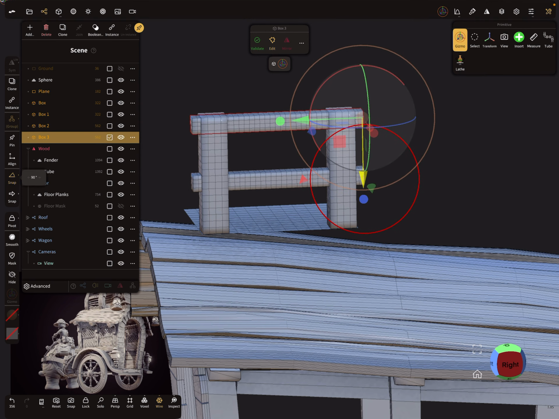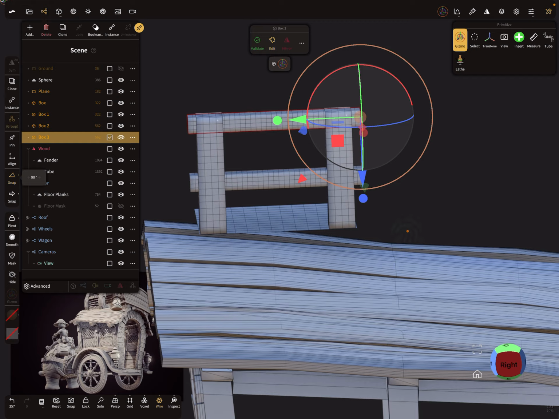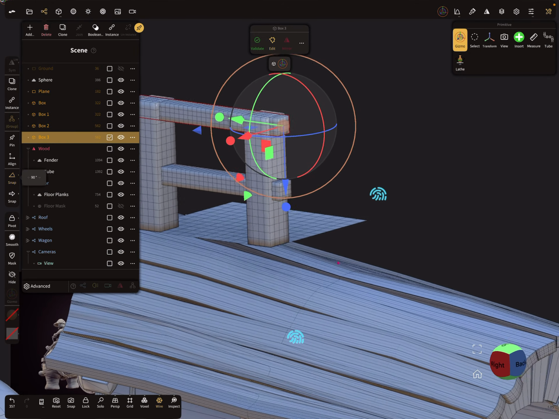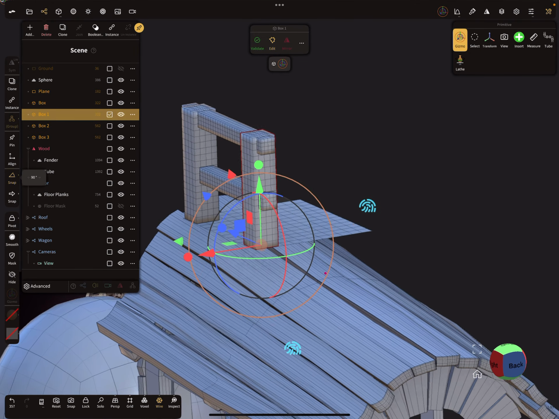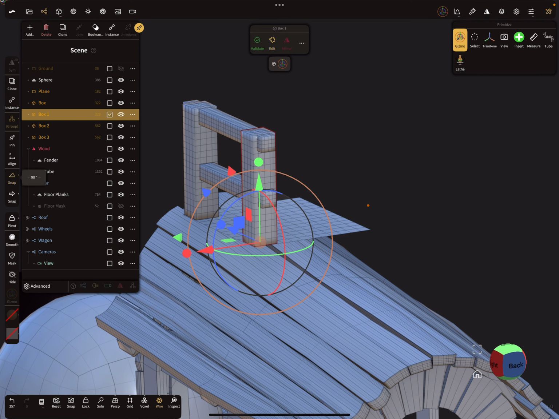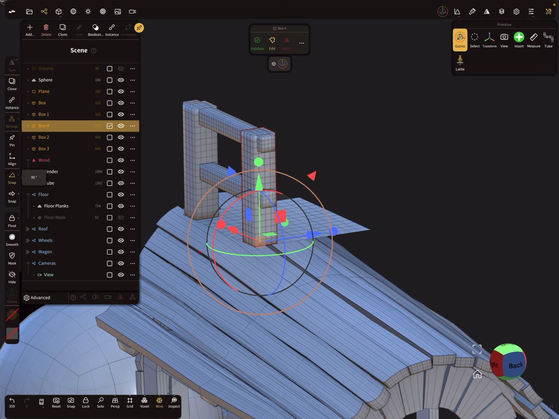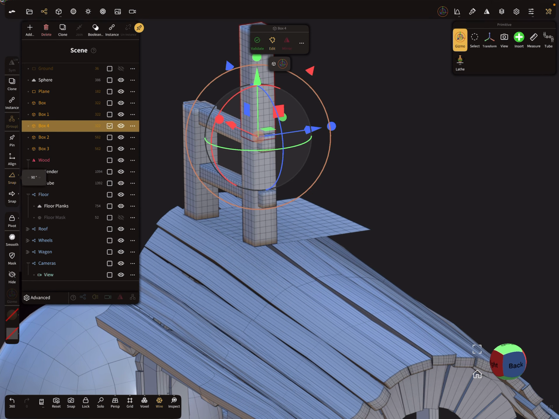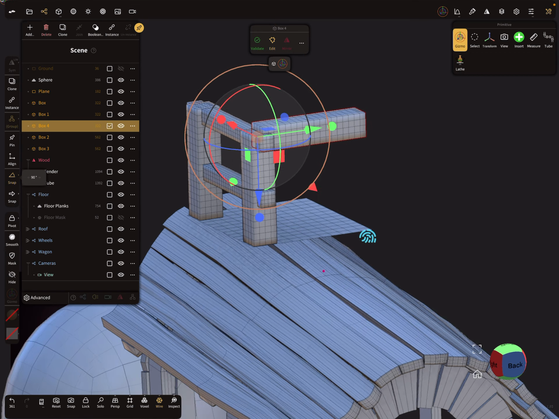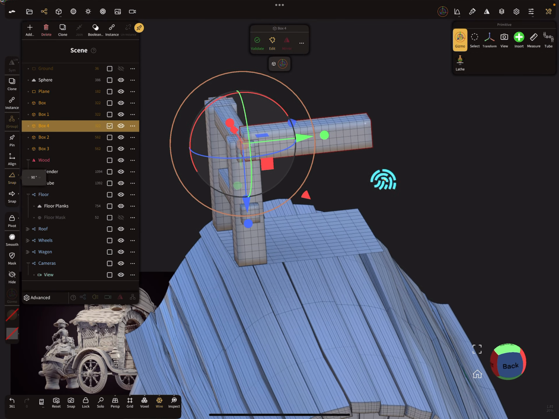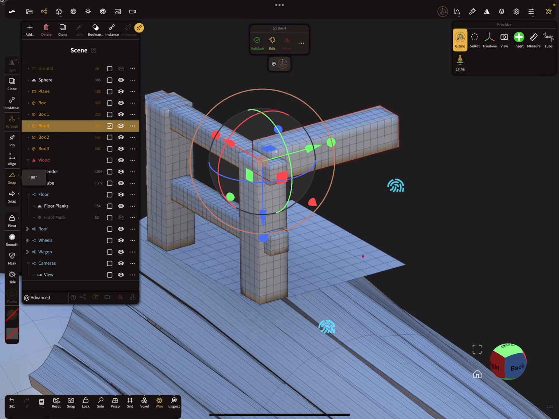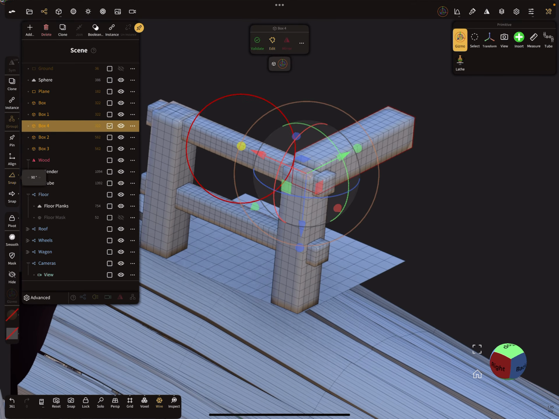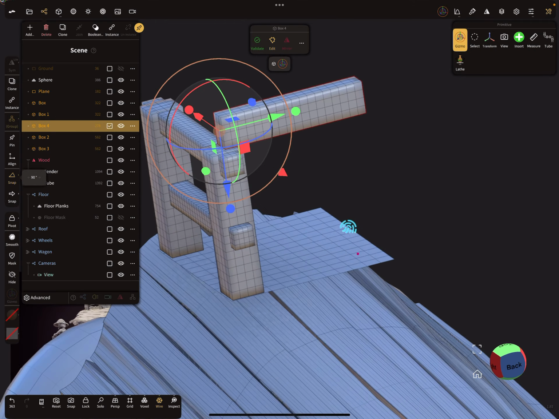And again. So this one, clone. A bit smaller.